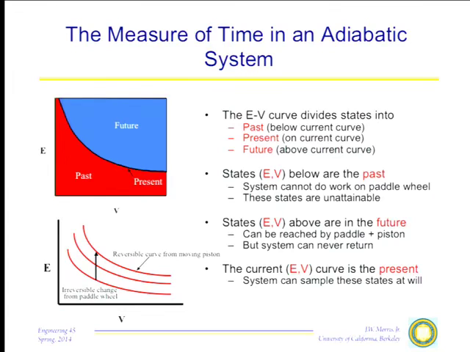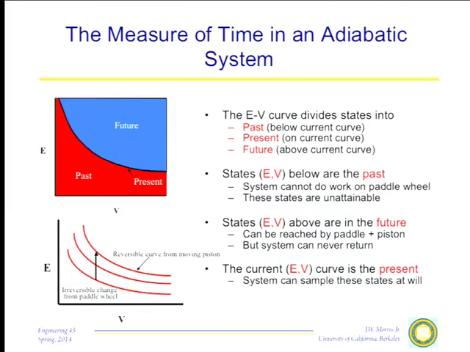In fact, since I can add an arbitrarily small amount of energy by turning the paddle wheel, I can assign this time as a continuous variable that increases in this direction. For example, as I increase energy at a given value of the volume, I can call it the time, or I can do what people did back in the 19th century and call it the entropy instead. And they came at this in a very, very different way, but this is essentially where you ultimately come to. So this thing we call entropy is a measure of the evolutionary time of the system.